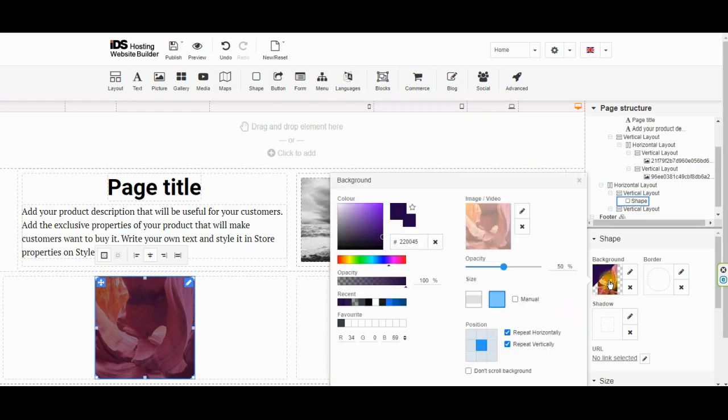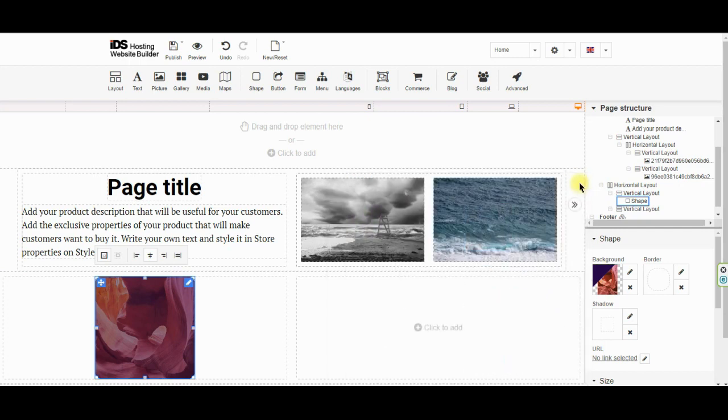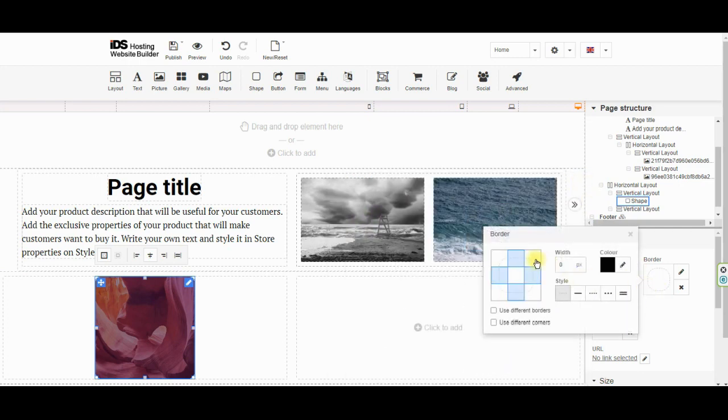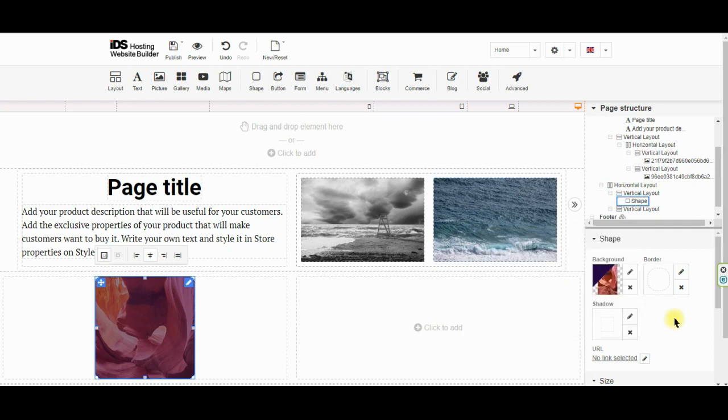We can give it a background image or video. We can give it a color, and we can fit the image or stretch it, however you want to do that. We can give it borders and radius. We can give it a shadow. We can give it a link,